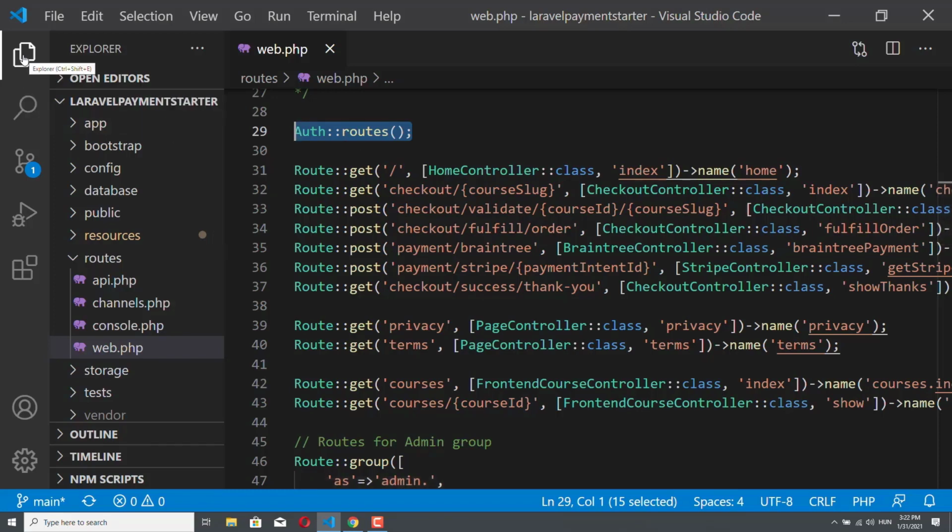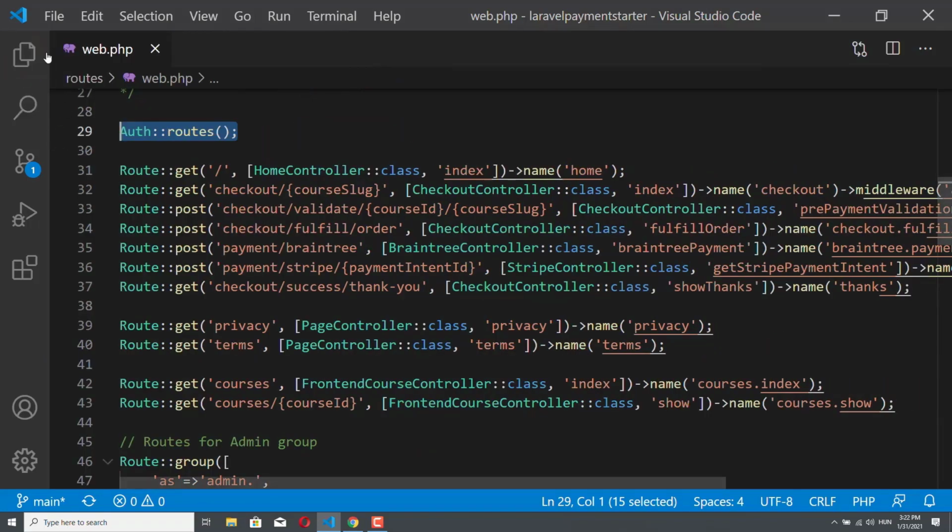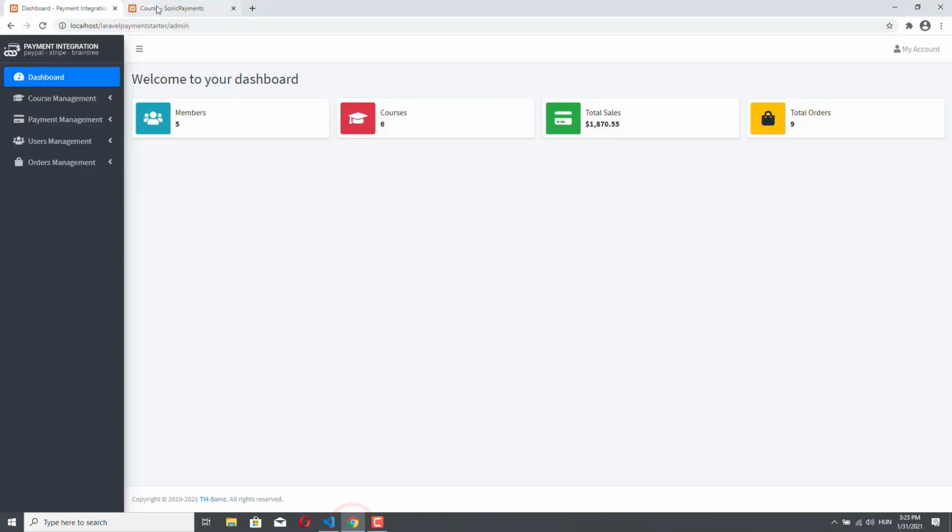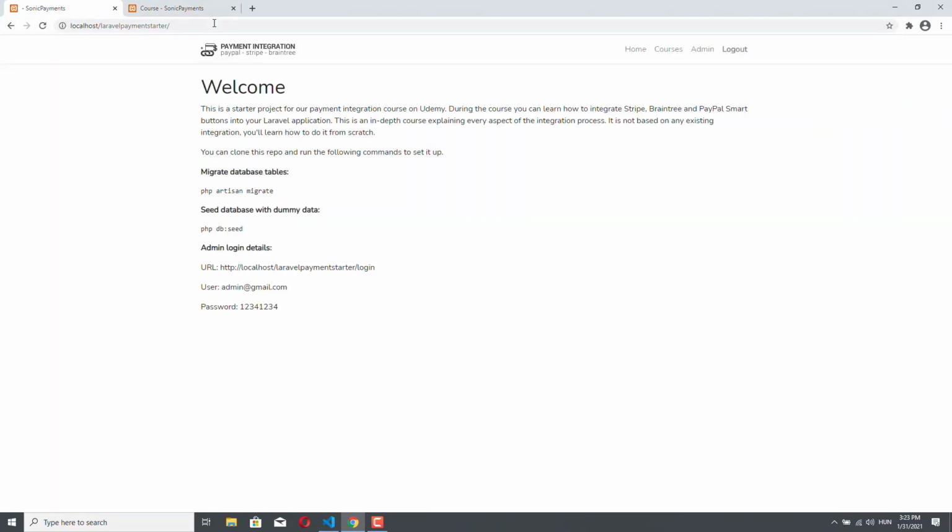Let me just click on this Explorer, so we will not see the files here and we will have a bit more space. The first route that we are going to check is the index route. You see that this route is a GET route, so it's a GET request that should come to this route, and you see that we have a / here. Basically this is the sort of welcome route or home route, so to say. When we have this / or when we don't have this /, it doesn't matter,